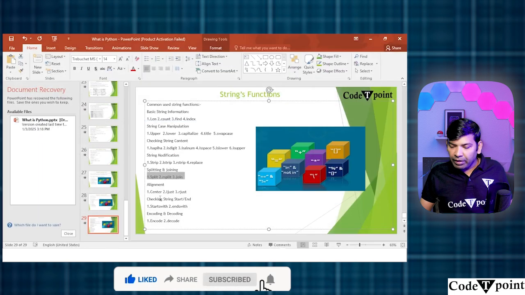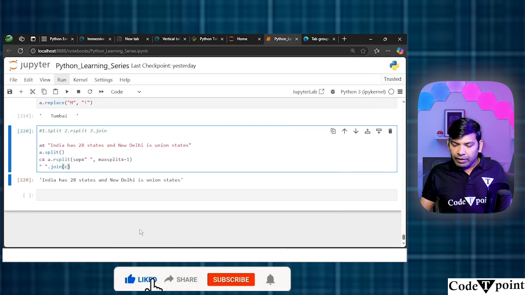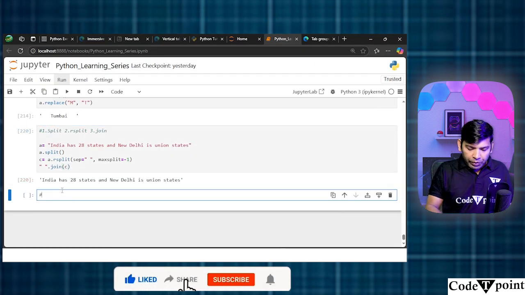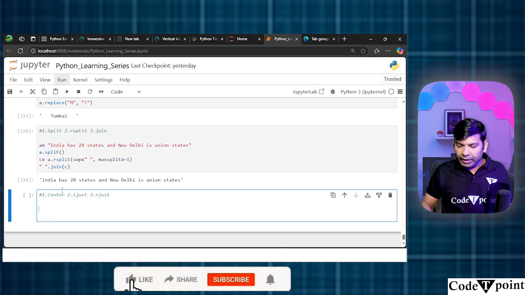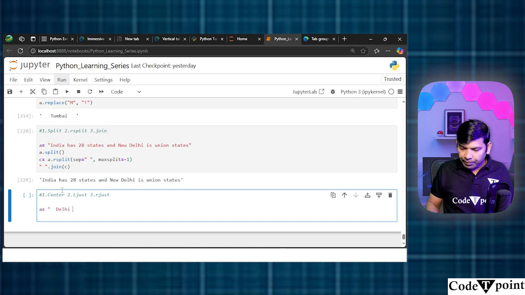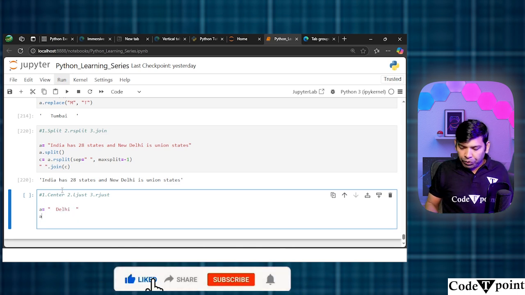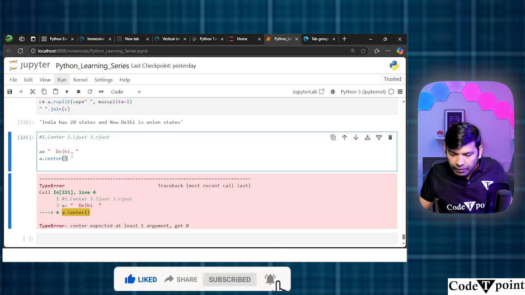Let's go to the next part. It is alignment. So in this case, I'm going to use center, ljust and rjust. So let me do one thing. This time I'm going to create Delhi. And if I'm going to use a dot center,